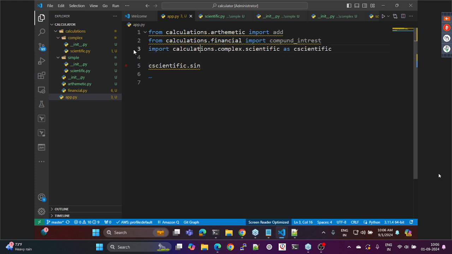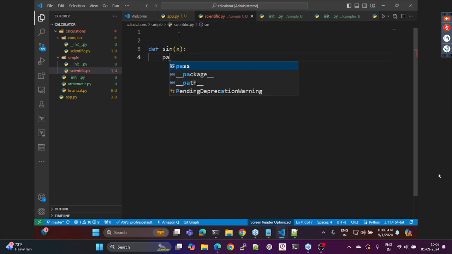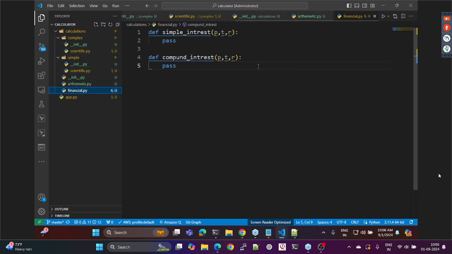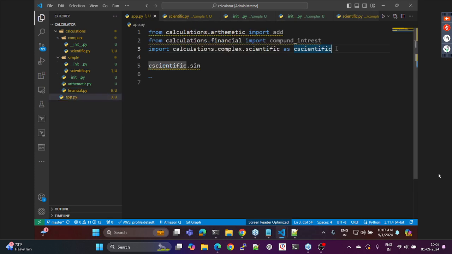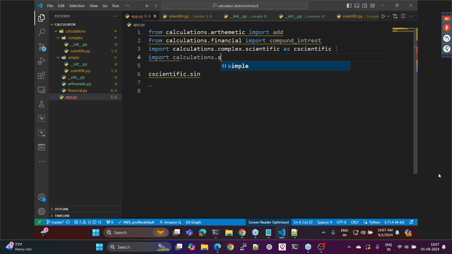Now let us assume that in this also I have something called sine of x. Now what I can do is I'll go to app.py and import calculations.simple.scientific. Okay, make a complex